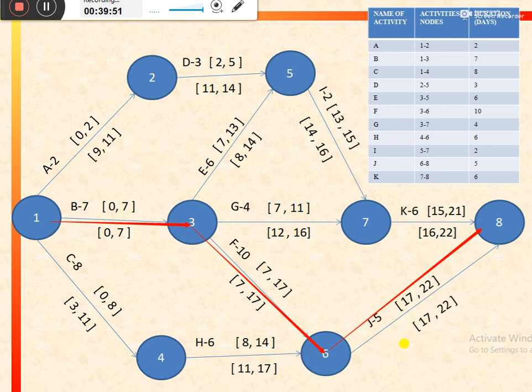So in this way, by using backward pass and forward pass, we have calculated earliest start, earliest finish, latest start and latest finish, and the critical path of the network. These can be very handy in efficient decision making for a project manager. In the next video, we would consider the other remaining aspects of a network that are known as floats. Thank you.